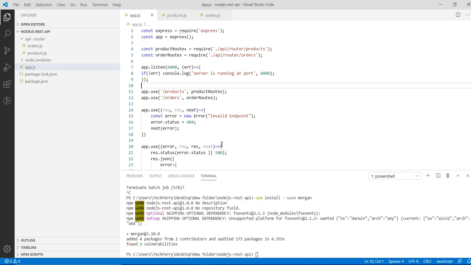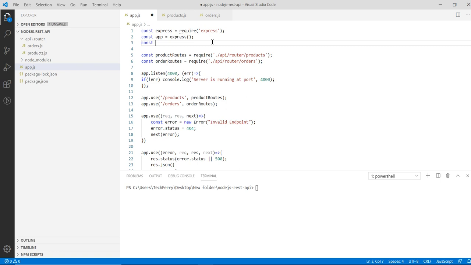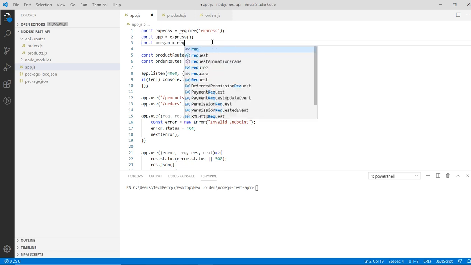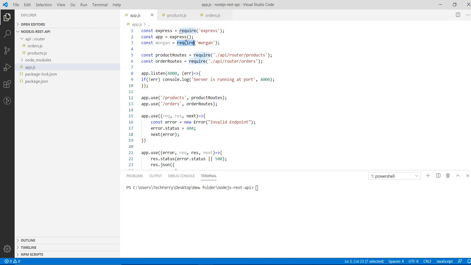To proceed, let me first clear the console. Every time we are dealing with a module in our application, we have to first import it in the file where we want to use it. We want to use it in our app.js file, so I'll import it here with the help of require: const morgan = require('morgan').